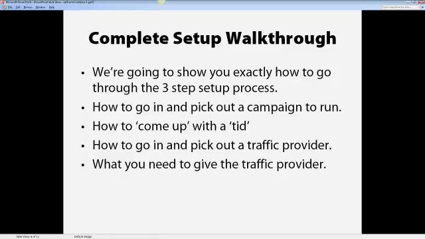So I see someone asking, how do I contact a traffic provider if I don't have Skype? The answer to that is you really want to go and get Skype because most of them operate on Skype. Some of them have given permission to post their email addresses. Some of them have their own solo ad web pages. But again, Skype is going to be an invaluable resource for you,